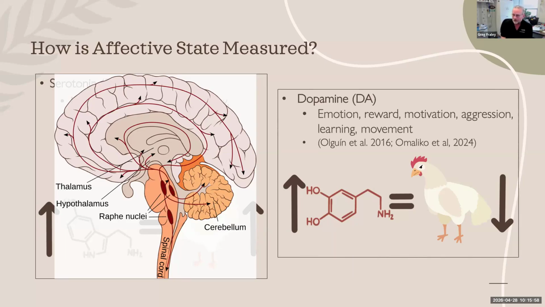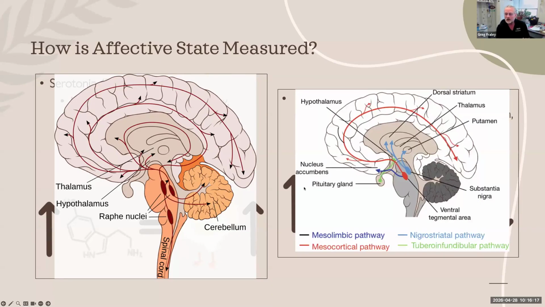Dopamine is also very important in emotions, reward, motivation, but also in aggression. Very, very important neurotransmitter associated with aggressive behaviors and also movement, or ambulation, as Anna already described. And most of the dopamine is also made in this midbrain, the mesencephalon. There are some others in the hypothalamus and a few other areas.